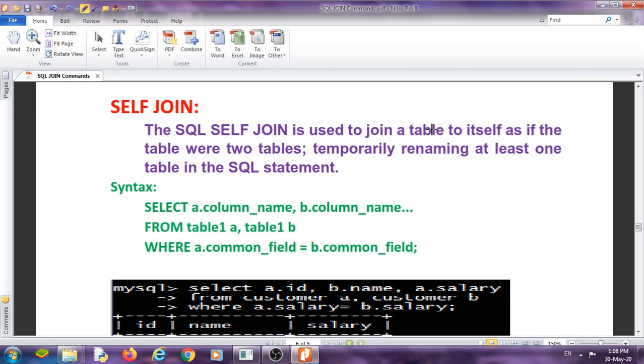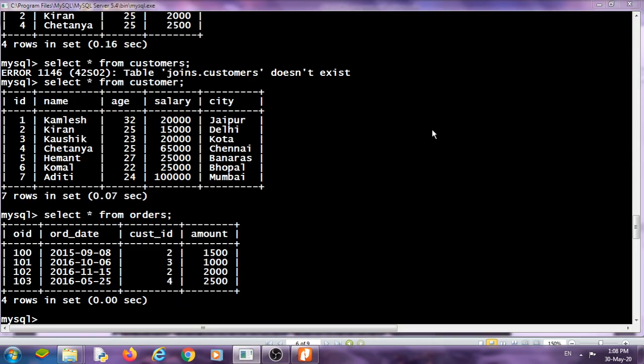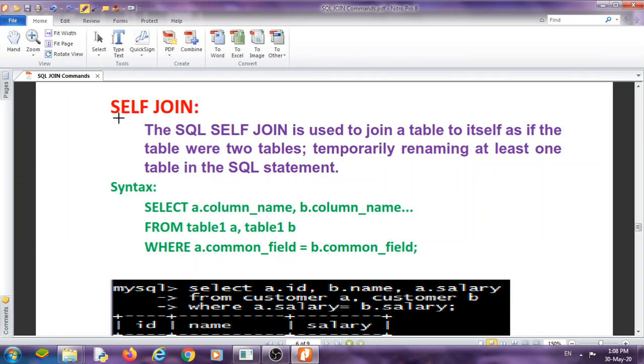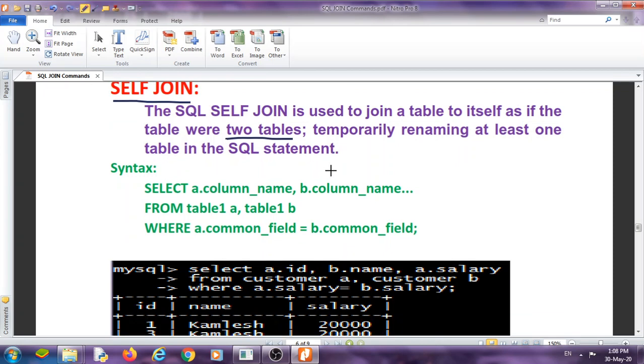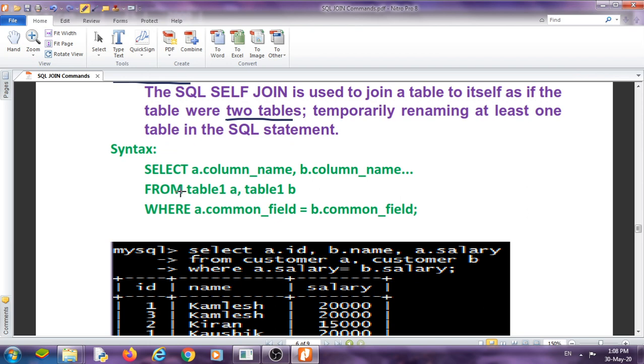Now self join. Self join is used to join a table to itself as if the table were two tables. It will look like the table has its own copy. Syntax is select a dot column name, b dot column name, from table 1 a, table 2 b.